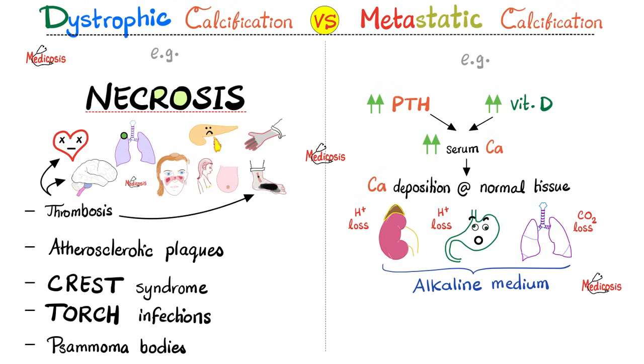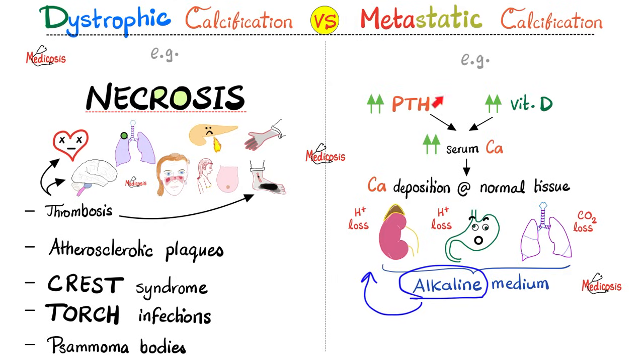Why these specific organs? Because remember, I've told you before that alkalosis favors calcium deposition. Can we have some alkalosis in the kidney? Absolutely, because as the kidney is trying to push and excrete the hydrogen ions into the urine, it's making the peritubular capillaries, the blood, more basic. Next, as the gut is trying to generate acid for the lumen or the cavity, it is generating bicarb, the base, onto the outside. Next, the lungs. As the lungs get rid of carbon dioxide, which is an acid, they are retaining the base. And alkalosis will favor calcium deposition.